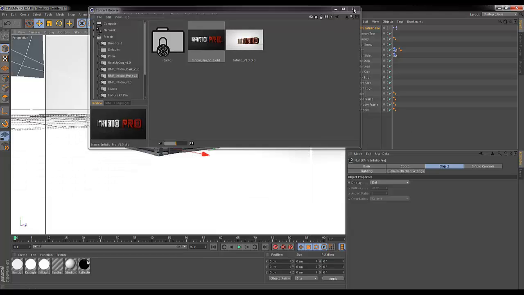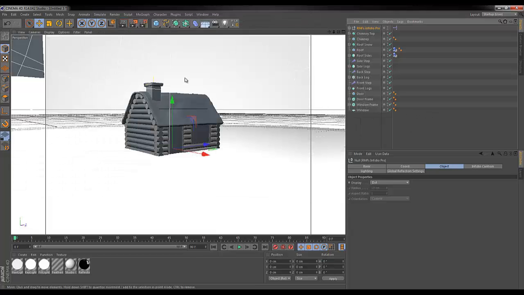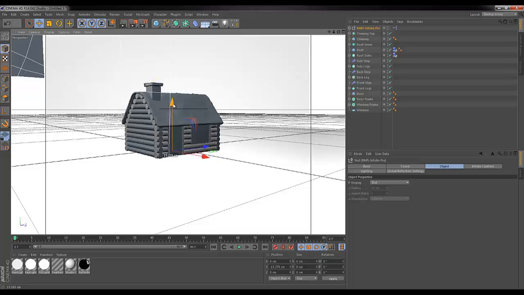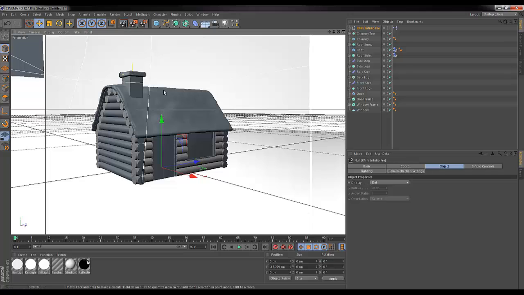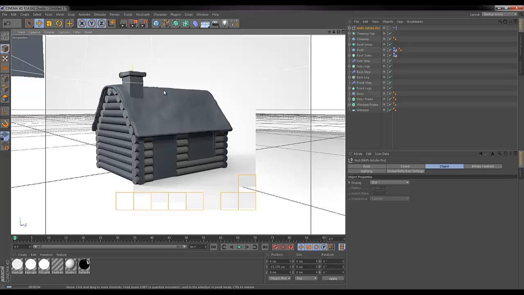Obviously you don't have to do this bit. If you don't have InVideo or you don't want InVideo, then all you have to do is just set up some kind of lighting area and start texturing and seeing what looks good. But this just enables me to have a little play with my textures quickly. So